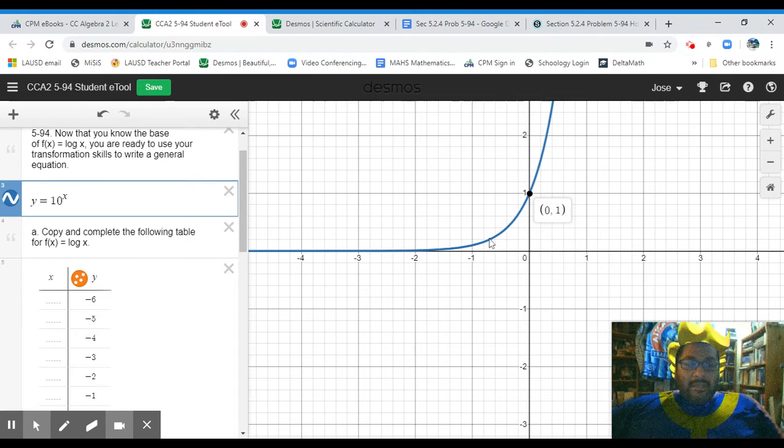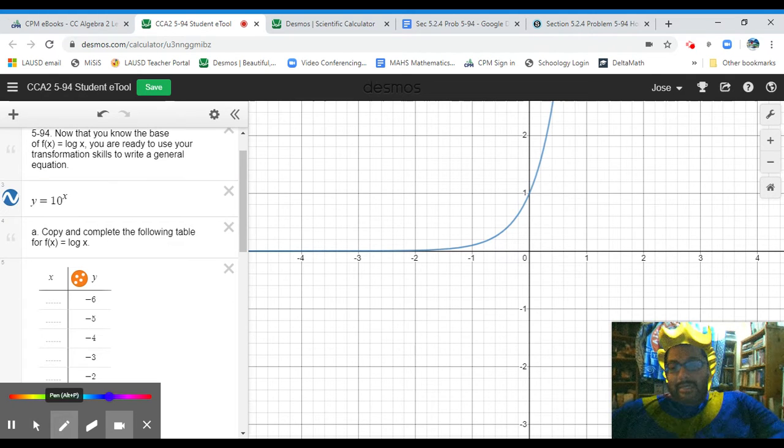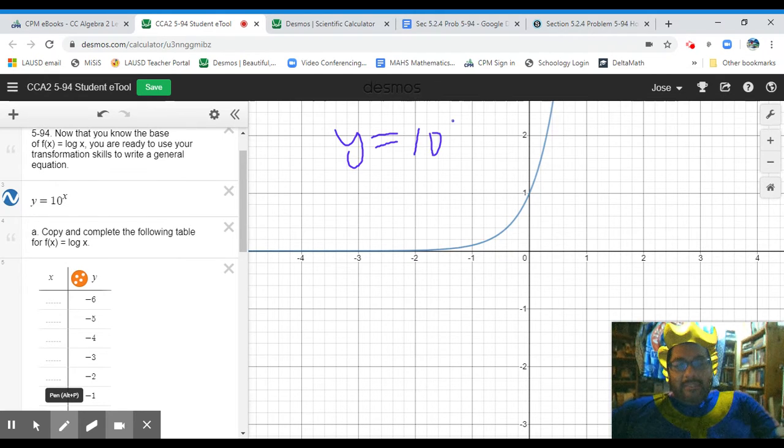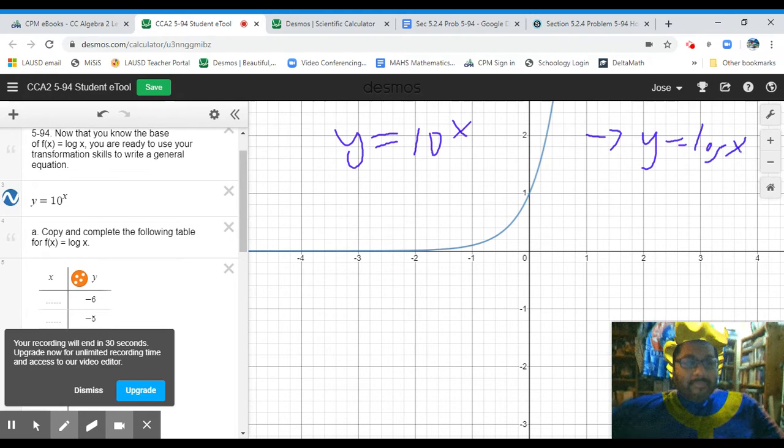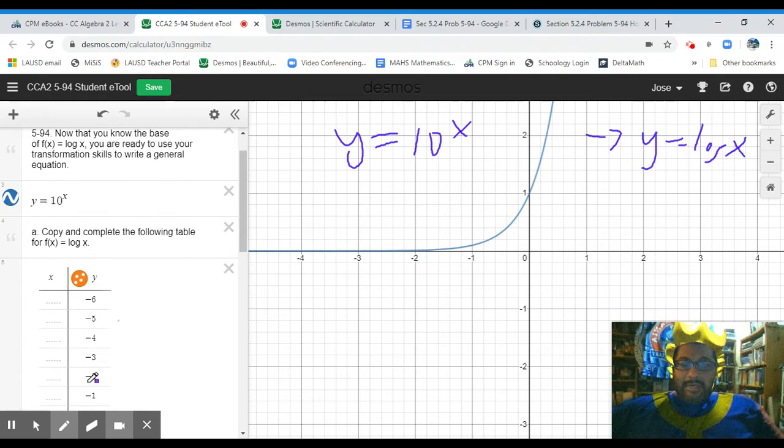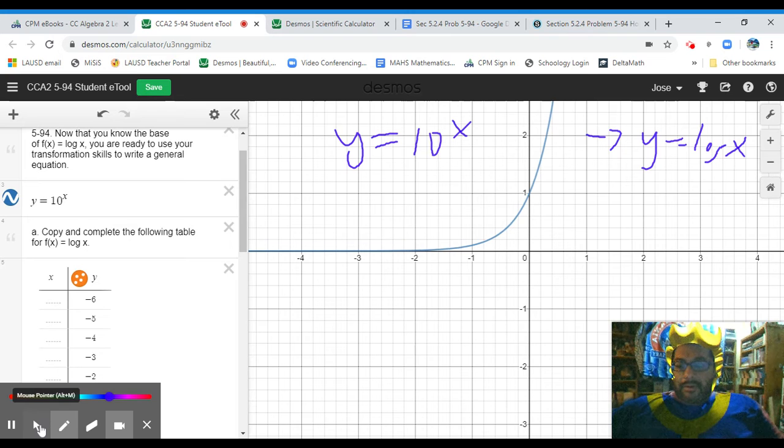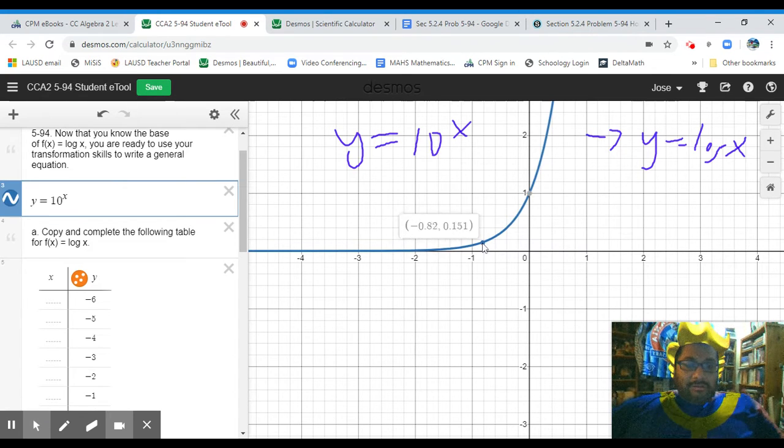Okay, now really quickly, I want you guys to remember this function is the y equals 10 to the x function, okay? And its opposite, right, is y equals log of x, right? It's inverse. So we're going to use this to create the points that we need, okay? Remember, these are inverses of each other. So this blue graph, this blue curve, this exponential curve is going to give me the points I need to fill in this table. And that's what we're going to be doing in the next